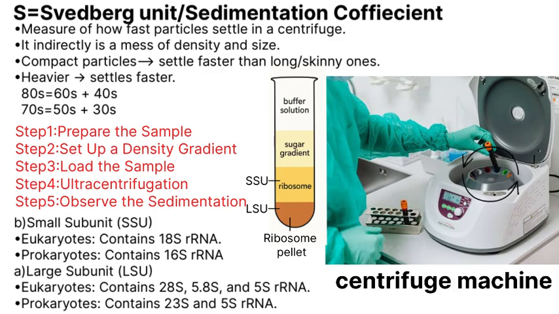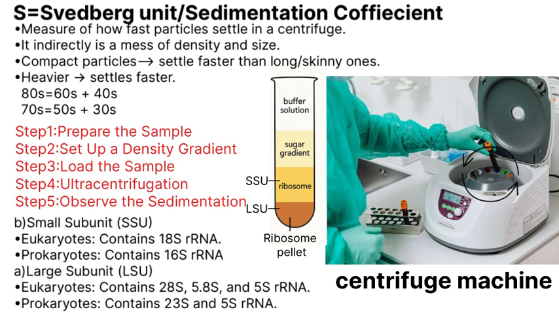In step 3, the ribosome solution is carefully placed on top of the sugar gradient in the test tube. Now in step 4, place these tubes in the rotor, ensuring they are balanced by adding an equal volume of water to the opposite tubes. It is necessary to balance the load in the machine for proper functioning. So if you have an odd number of samples, add a tube filled with water to the same volume as the sample tubes, and place those tubes directly opposite each other in the rotor, or simply keep all the tubes along with your sample tube in the rotor.